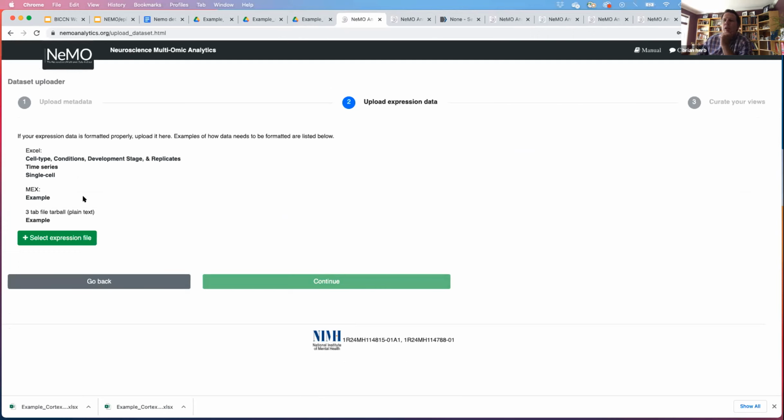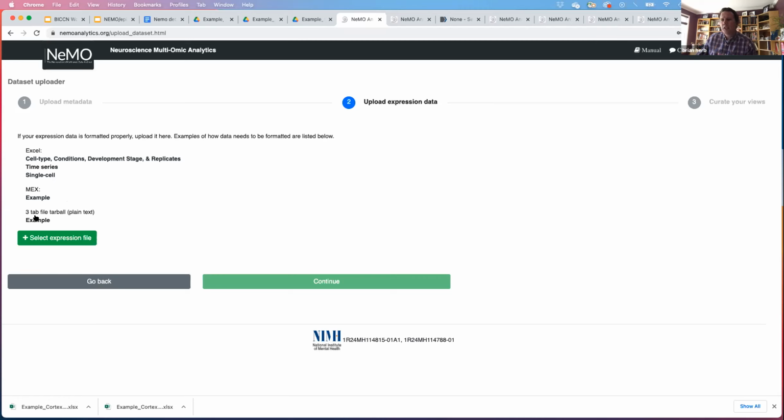And once you're here, you're prompted by the different formats for the data. Again, I just walked you through this Excel. You can also do a MEX file, which is more common to what you might see coming off of Cell Ranger or other alignment pipelines. That'll be broken down into 3 files: one describing the data matrix, one describing the genes, and one describing the cell observations.